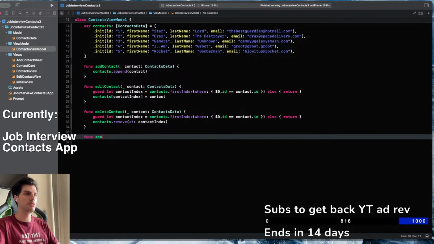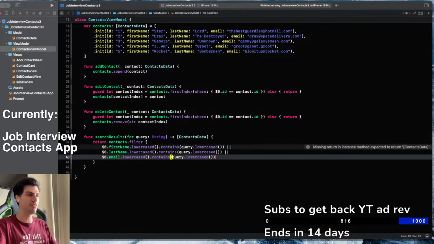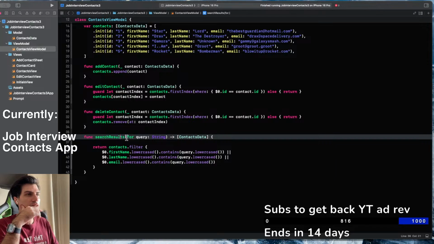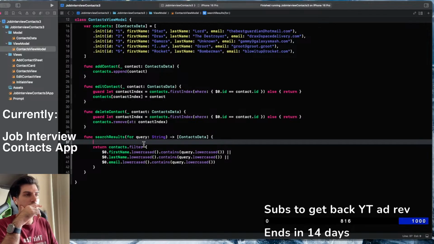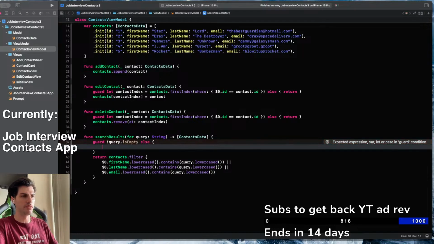Func search results for query string. Oh my god, it just fills everything out for me. That's awesome. Predicted text is so good. So for search results for the query of type string, we're going to return a contact data model. So we're going to do, I think we need to add a guard. The query is empty, else